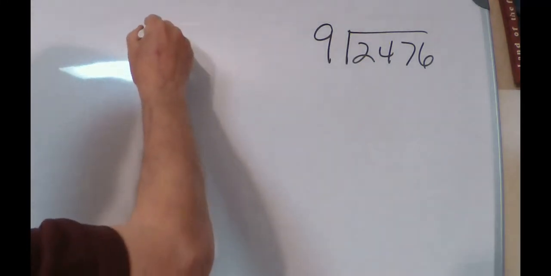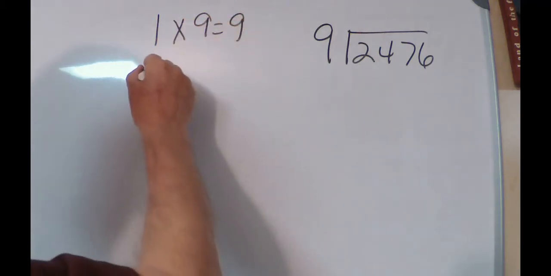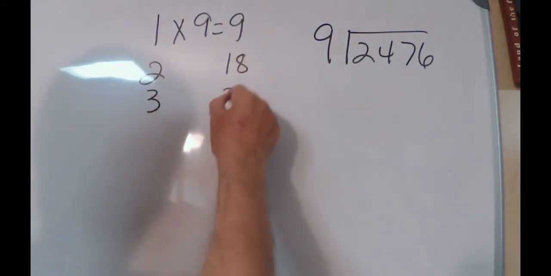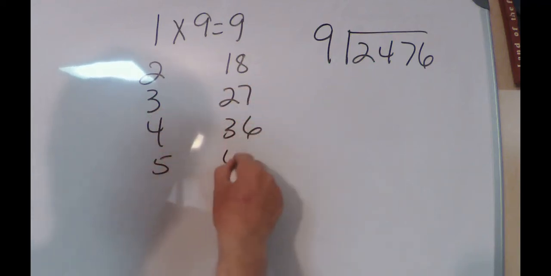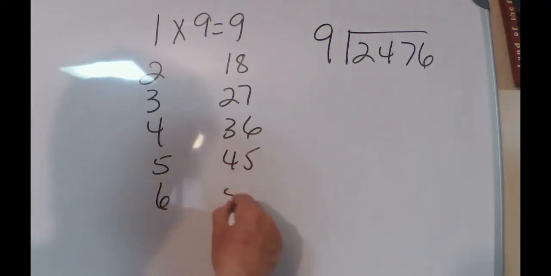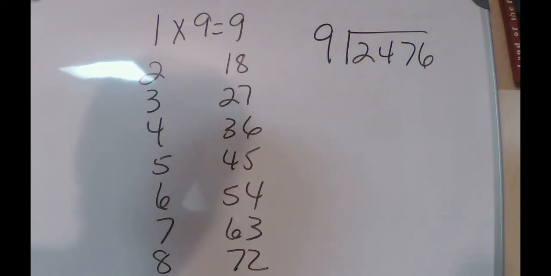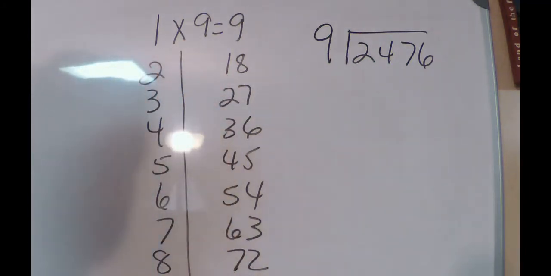So if I do 9s, and then I do 2, which is 18, 3 times 9 is 27, 4 times 9 is 36, 5 times 9 is 45, 6 times 9 is 54, 7 times 9 is 63, 8 times 9 is 72, 9 times 9 is 81, and of course 10 times that's going to be 90. So once I know what all my multiples are, it makes it a little bit easier for me to do